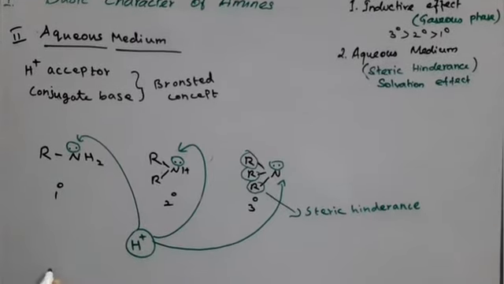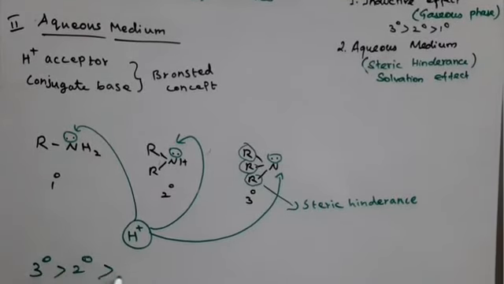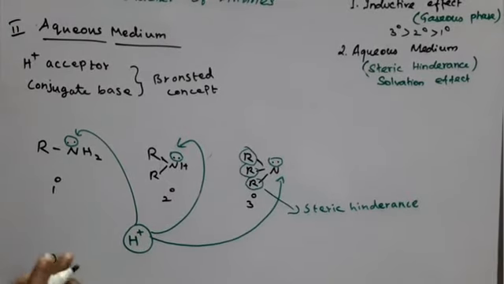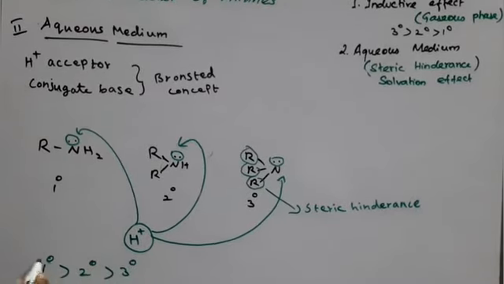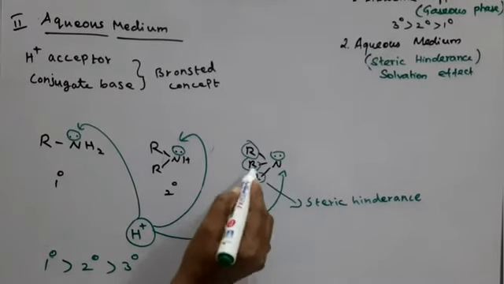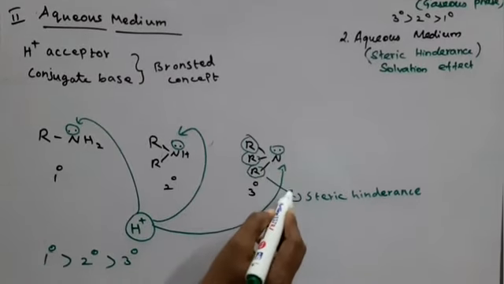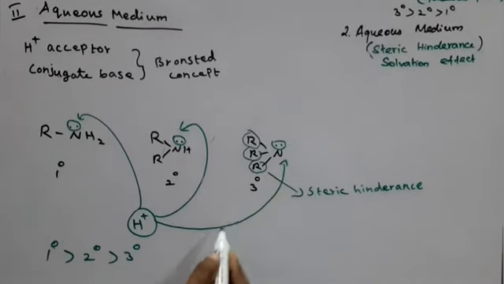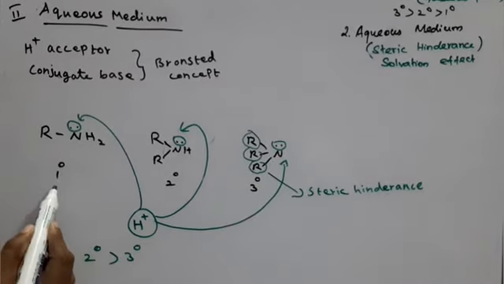Here the order of basicity in aqueous medium is different from what we studied earlier, 3 degree, 2 degree, 1 degree. Here it is 1 degree, 2 degree and 3 degree. Because here there is no steric hindrance. But here there is the maximum number of alkyl groups, and we can observe the steric hindrance. So the charge on the ion is decreasing. The electron pair availability also decreases. Okay, so this is your least base character. This is your strong base character.